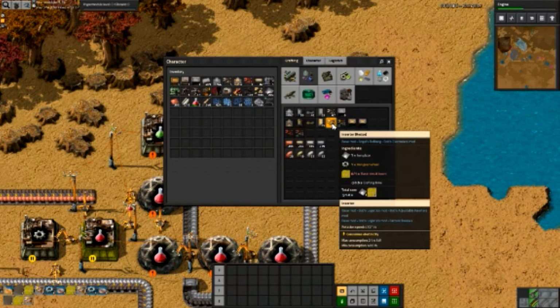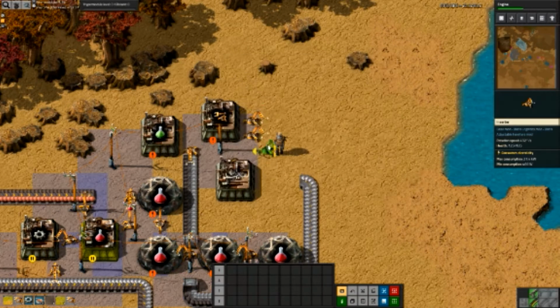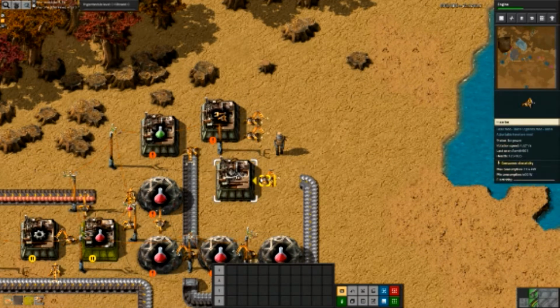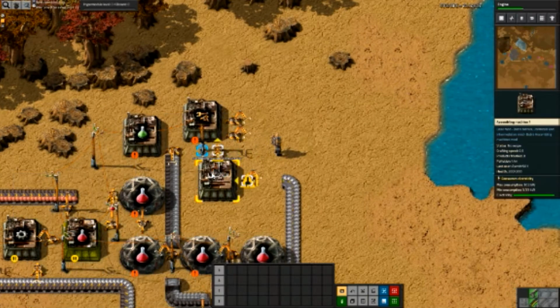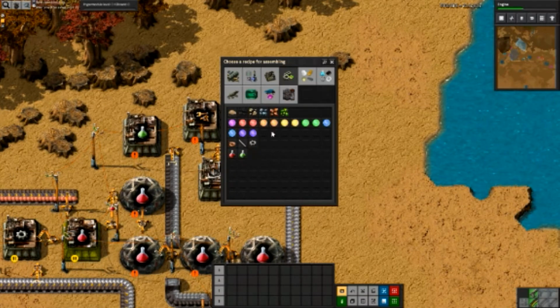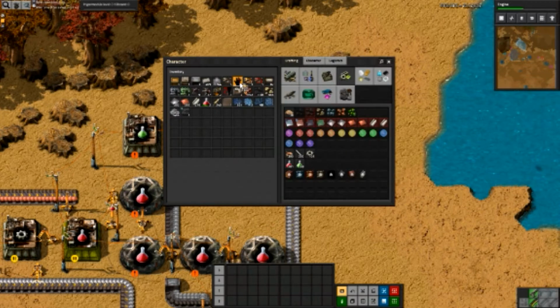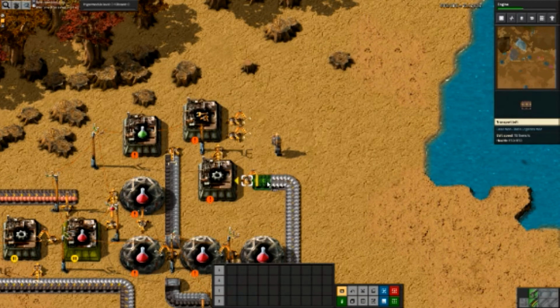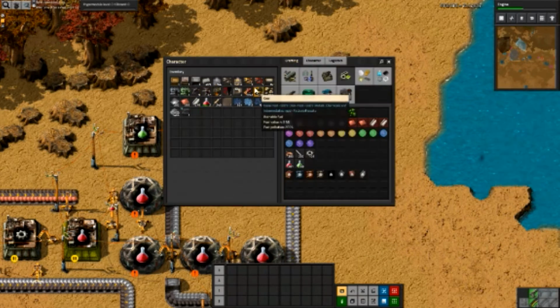Can you give me a few more of these, please? Right, so you there. You're there. You make the iron gear, which will go into there. And then you go there. And then